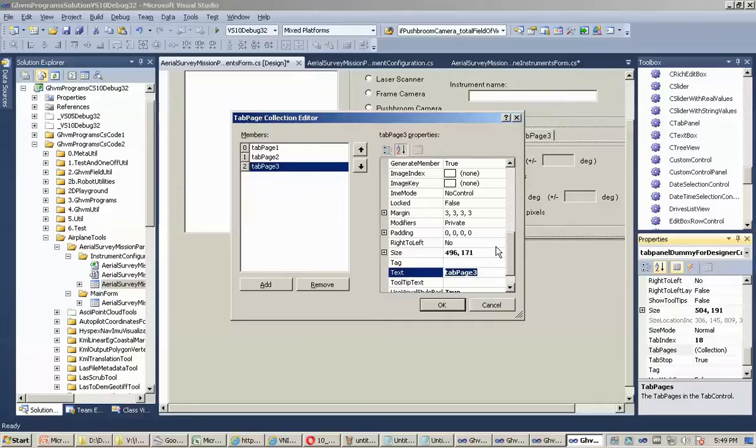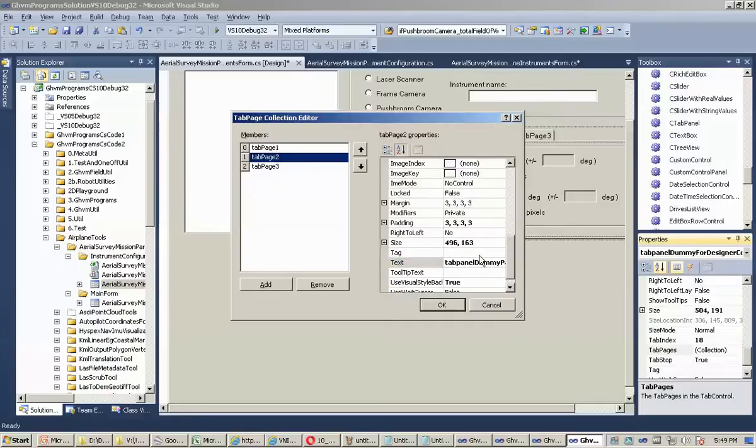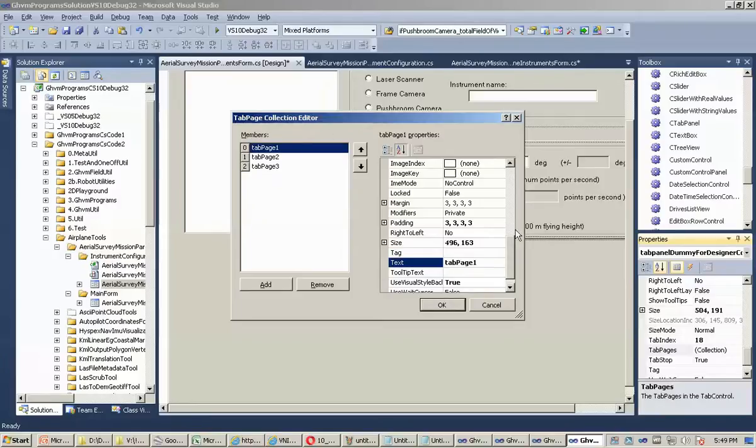Oh, that's not what I wanted to be editing. The text can stay the same, just default, because this is not going to be visible. But up here,